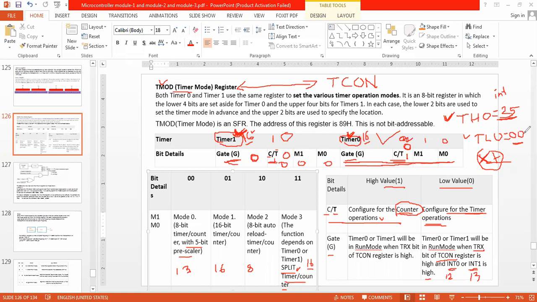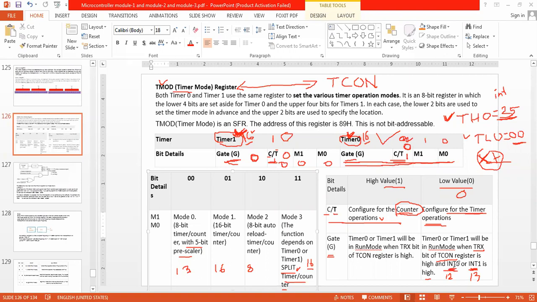It has to increment from the beginning number to the maximum number I am going to set. So that depends upon the gate bit. If the gate bit is 0, and either INT0 or INT1, INT stands for interrupt 0, interrupt 1, which is connected externally,